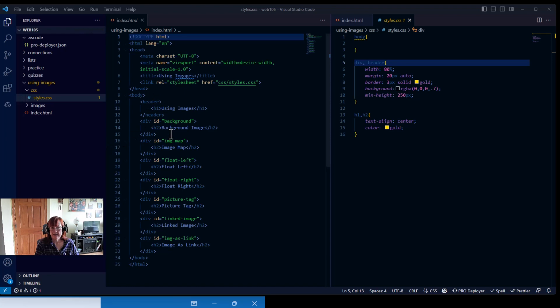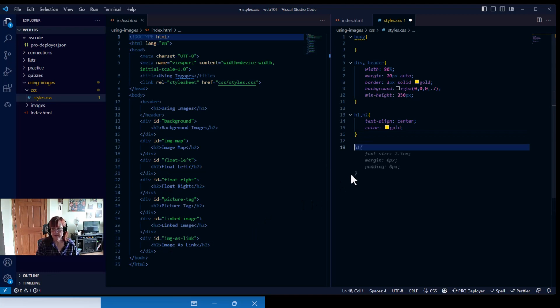I've given you a file to download, and I've set it up with a bunch of divs. Now, divs are logical sections to a page. You will add the following tags. We're going to do an ID for each div here. So it would be the ID of background, you'll have an ID for image map,